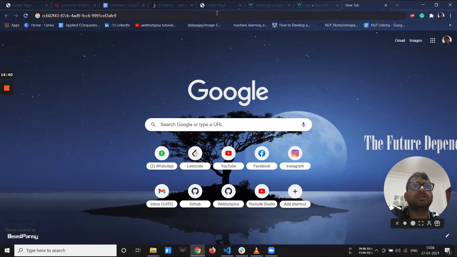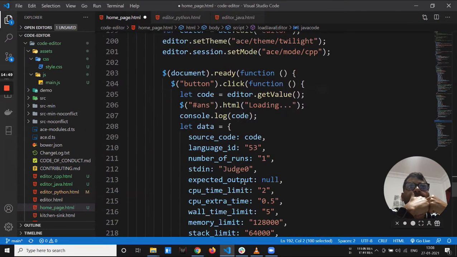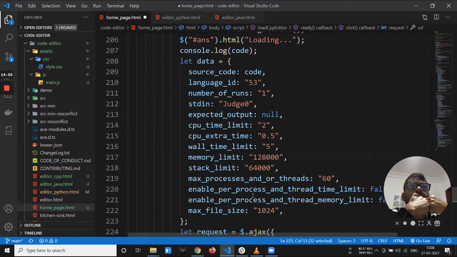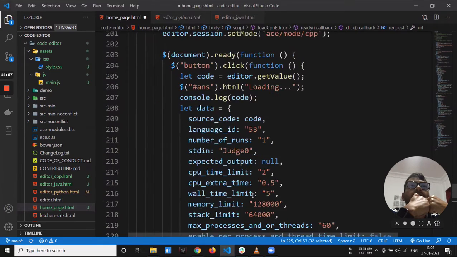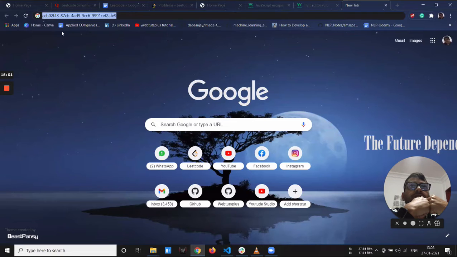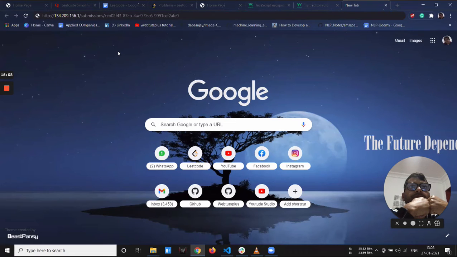Let's see if it's working in the backend and you are getting the response if you hit directly. So this is a post request. No, it's a GET request. After you get the token, it's a GET request.